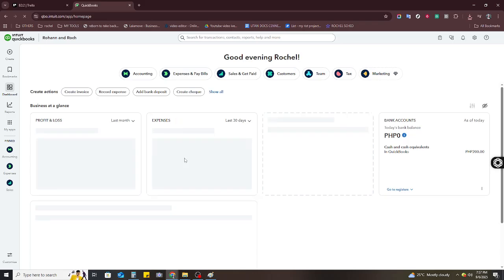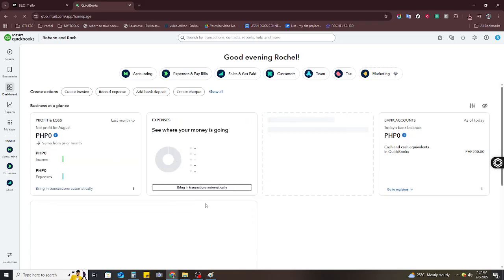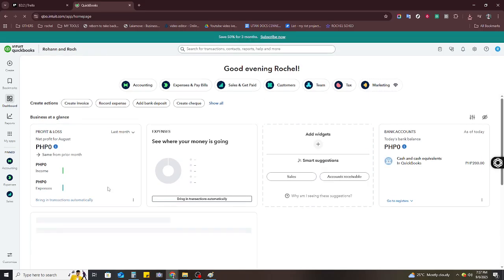First things first, head over to Wix.com and log into your existing account. Once you're in, navigate to your site dashboard, which will serve as your central hub for managing your website and its features. Next, we'll move to the Wix App Market, a powerful resource for enhancing your website's capabilities with a